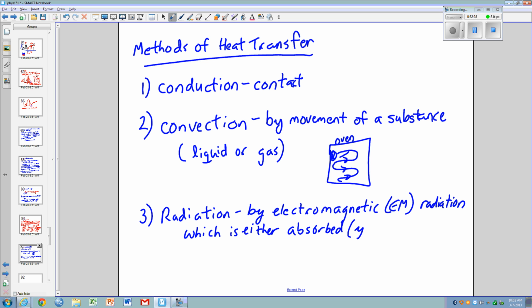Absorbed like you in the sun. You absorb the rays from the sun, the radiation from the sun. Or emitted,